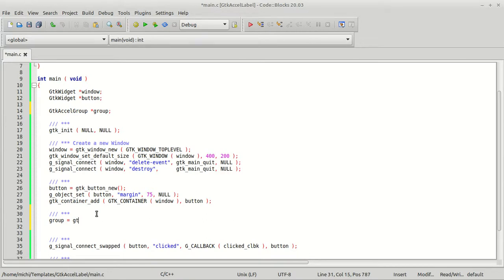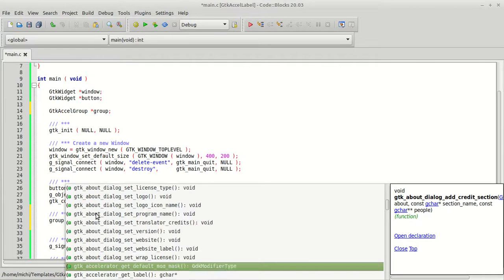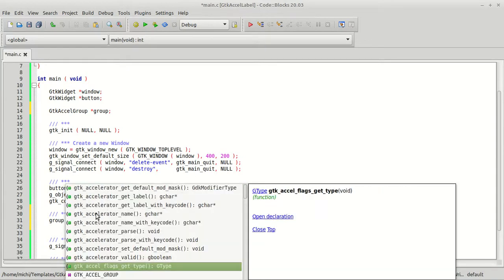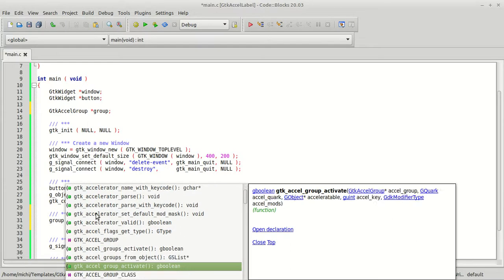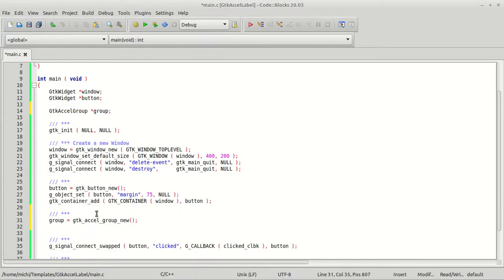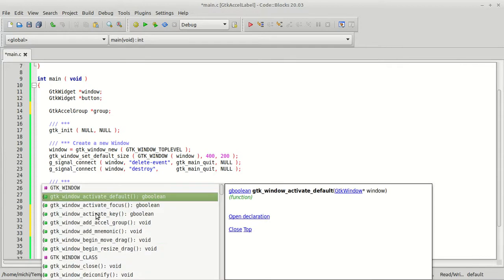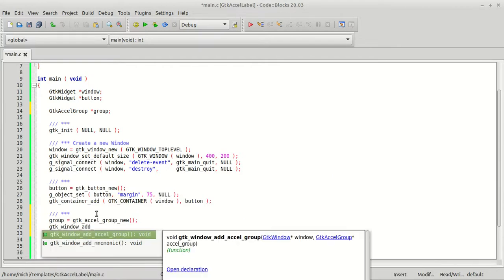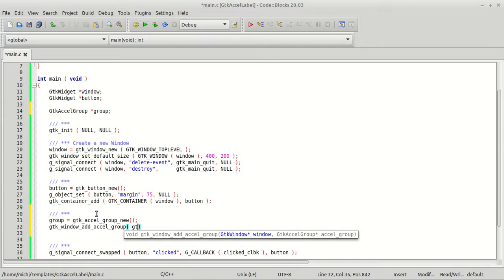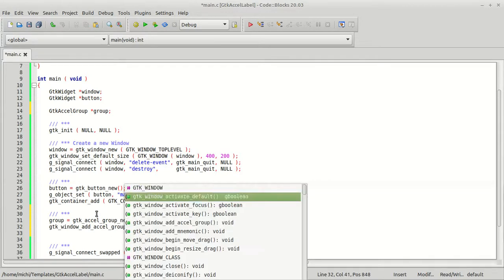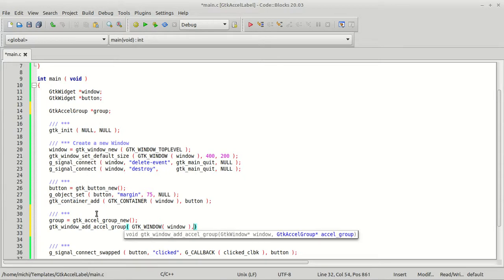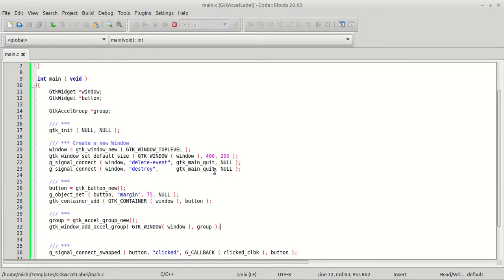gtk_accel_group_new. Now because we have this group, basically the next thing we need is to add it to our window. So gtk_window_add_accel_group right here, you see. So GTK window, it is the first thing which we need, our window, and of course the next thing which we need is the group. Now let me compile it and run to see that everything works fine,